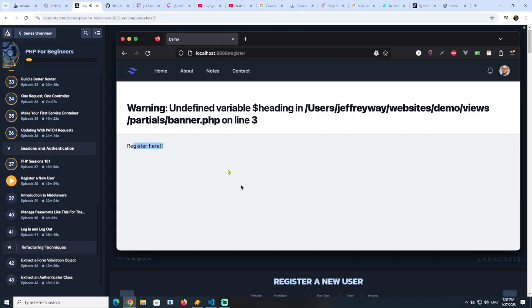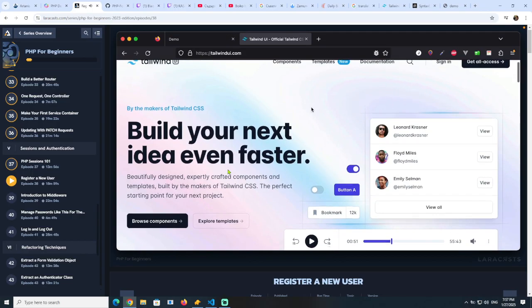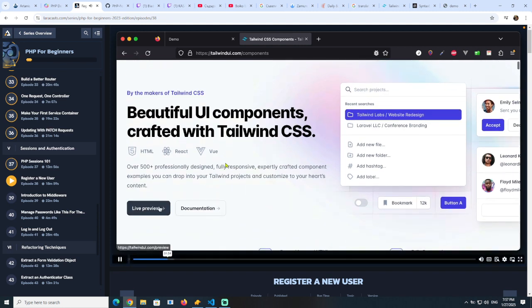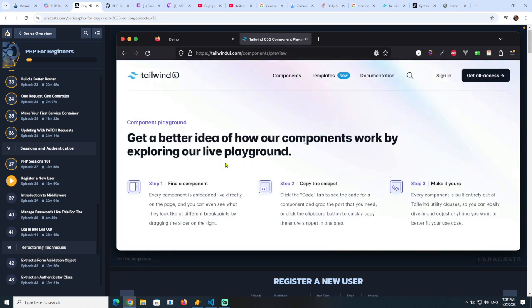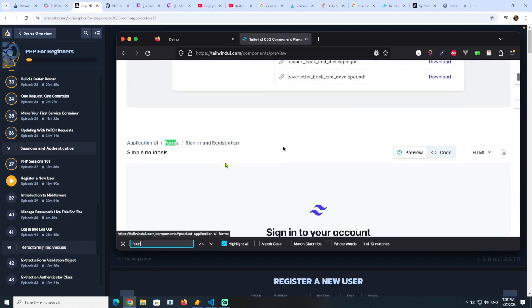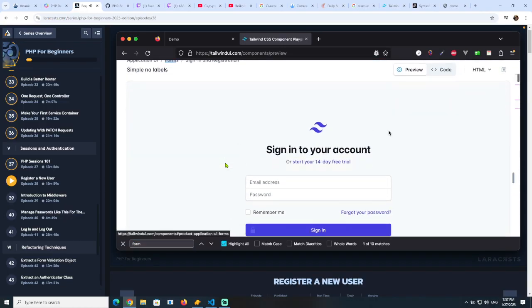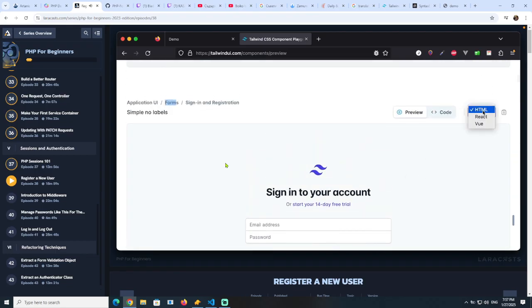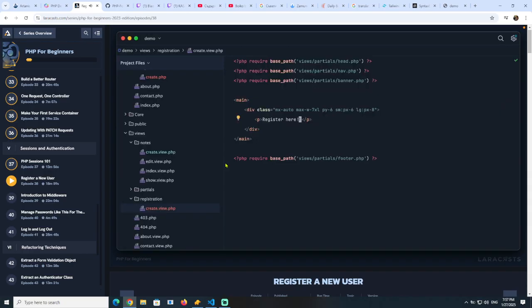Okay, so here's what I'd like to do next. I will once again visit tailwindui.com, and I promise I'm not trying to sell you on it at all, but they do provide some free templates that are great for little exercises like this. So I'm going to look for some kind of form. Yeah, it looks like they have one to sign in and register, and this should be fine for our needs. So why don't we copy this and see if we can make use of it. I will place